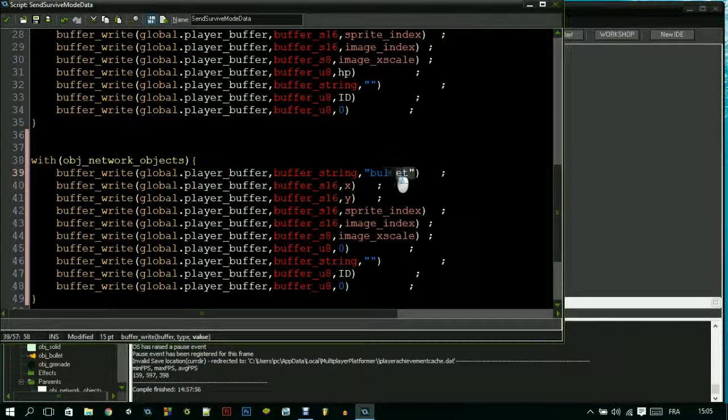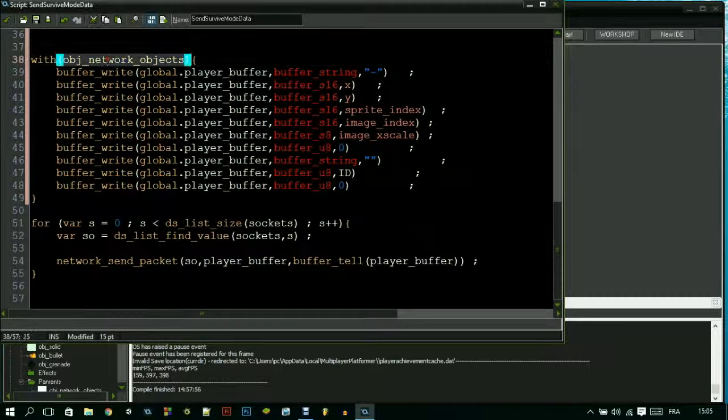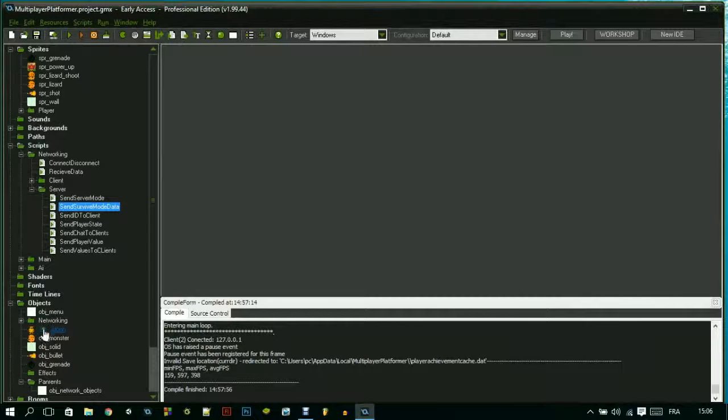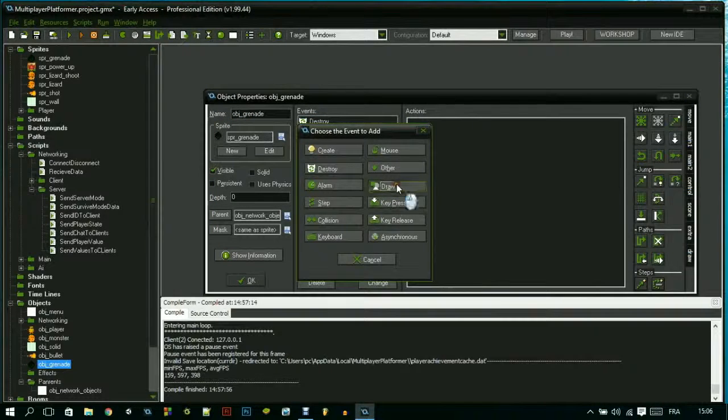Well, I think we need... well, this is not important, so we're just going to send an empty tag here, it doesn't matter. But make sure that any child of this object has a variable called ID. This is very important. And now when we create a grenade, other clients can see it, but we also need to